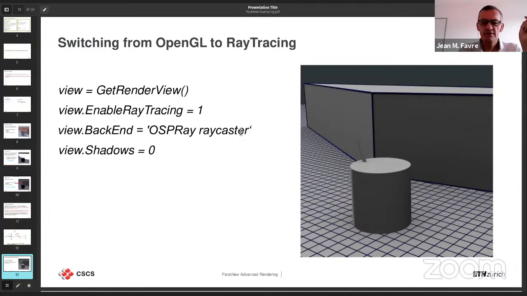In ParaView, the syntax to switch to the ray tracer would be pretty simple. There's an enabling flag on the view object, and then there's a switch for a certain back end. So we have actually 3 back ends available on the ParaView